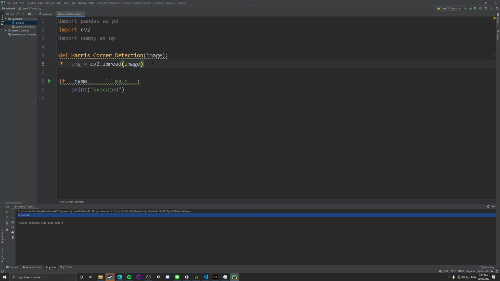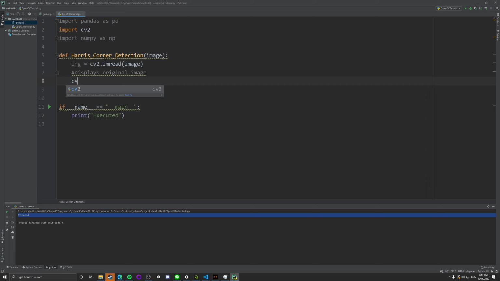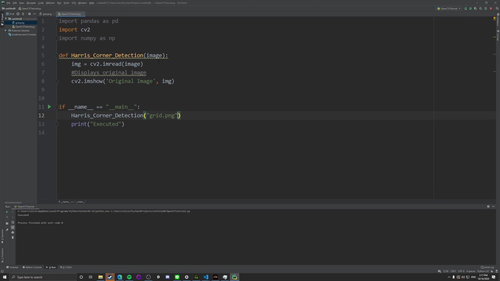First, we're going to make the original image display. I don't usually program with this text font, so it's a little bit weird, but hey, new things. We do cv2.imshow, and this is the title for the window, so we call it original image, and pass in the image we've just read. Then in main, we put harris_corner_detection and pass in our file, grid.png, which is already in this folder. And when we run it, we should get